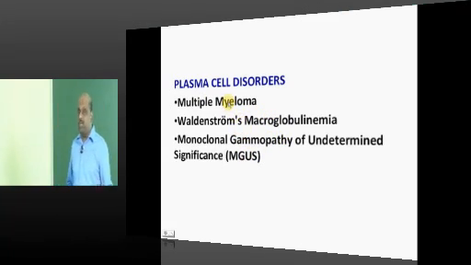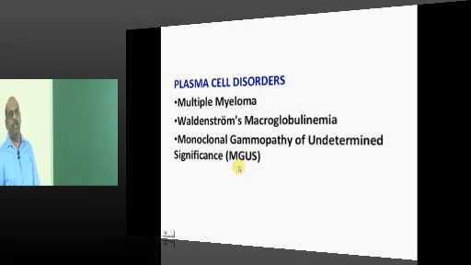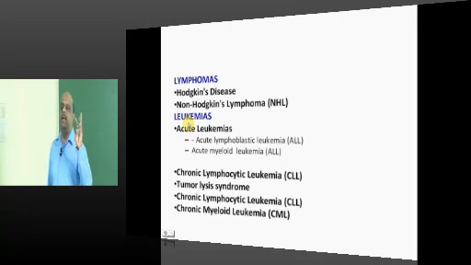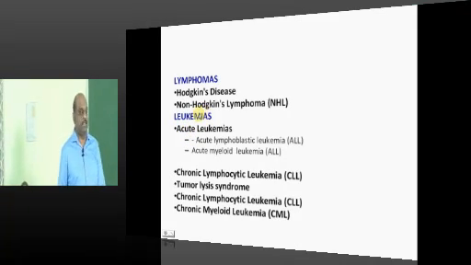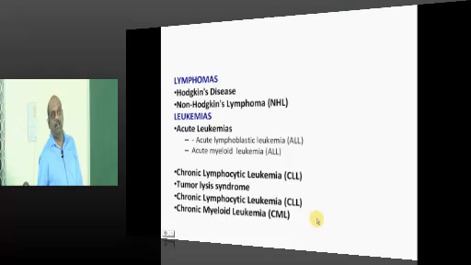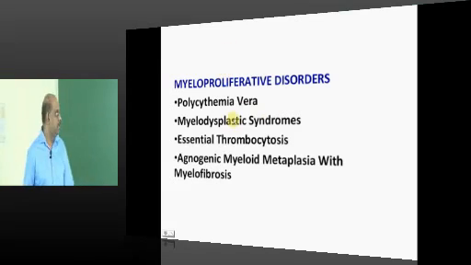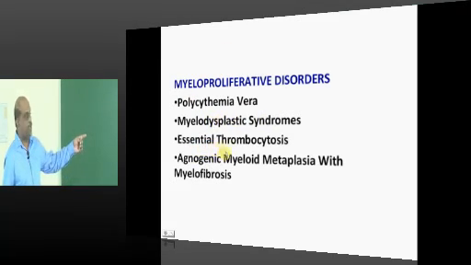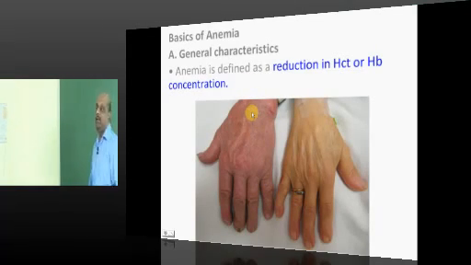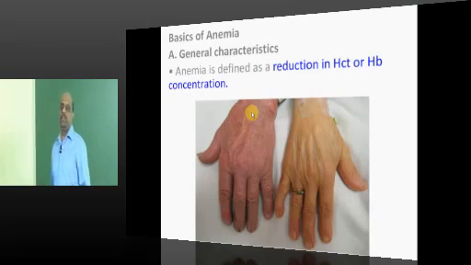Then we have plasma cell disorders, in which we have multiple myeloma, Waldenstrom's macroglobulinemia and MGUS. Then lymphomas, leukemias, the major killer diseases among neoplasms of blood: Hodgkin's, non-Hodgkin's, then ALL, AML, CLL, CML is going to be our review. Ultimately we will come to the myeloproliferative disorders, which include polycythemia, myelodysplastic syndrome and myelofibrosis. So that is our game plan for hematology. Maximum in about 3 sessions, 3 evenings like this, 6 hours we are going to review.